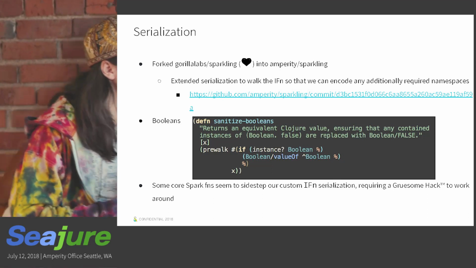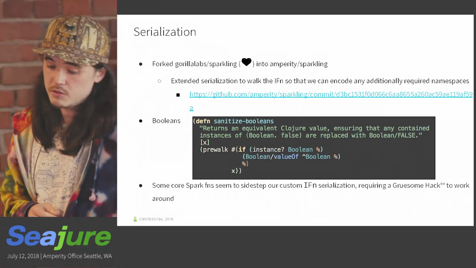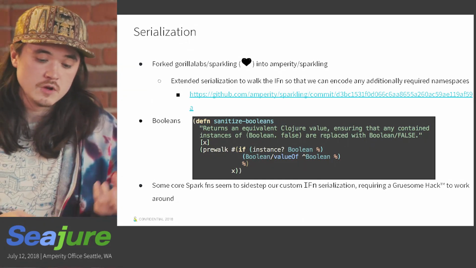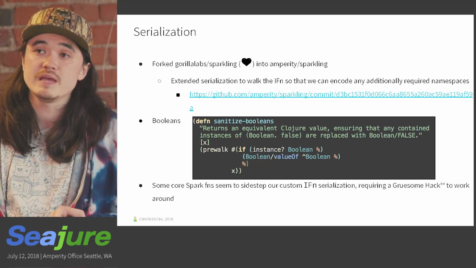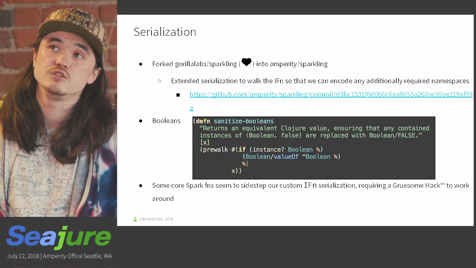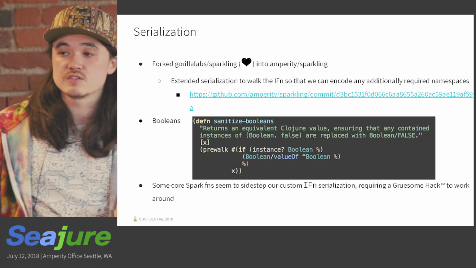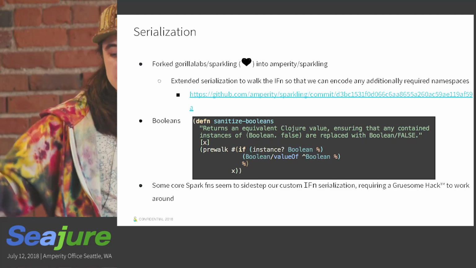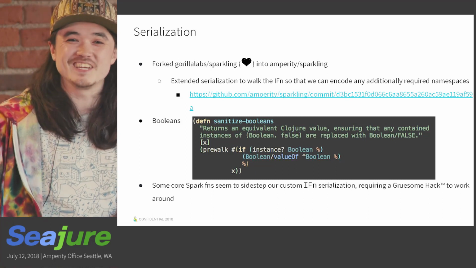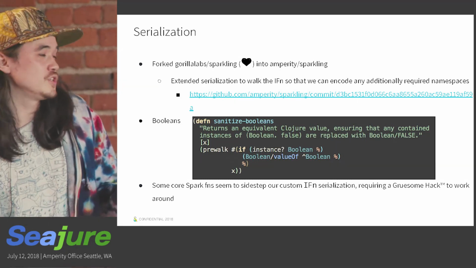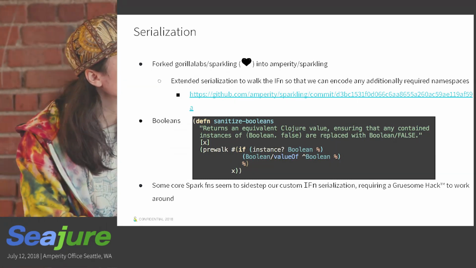But like I mentioned, the initial Gorilla Labs Sparkling, if you're thinking about starting this, will throw those "attempted to call unbound function" exceptions quite a bit, because its attempt to deal with that require problem is to say, oh, you're calling a function in this particular namespace, great, I'll require that namespace and hope your function never calls anything else, which doesn't pan out, obviously.